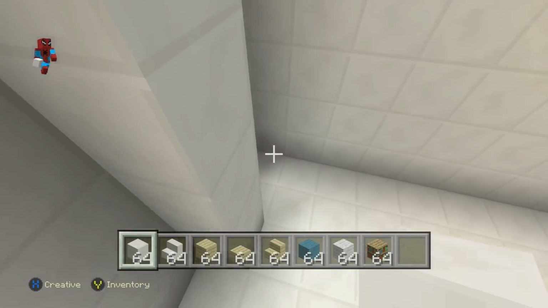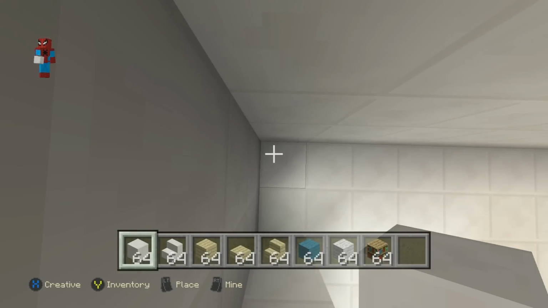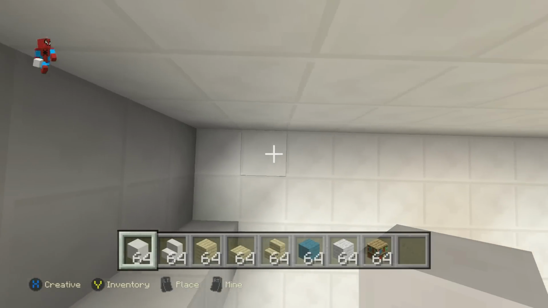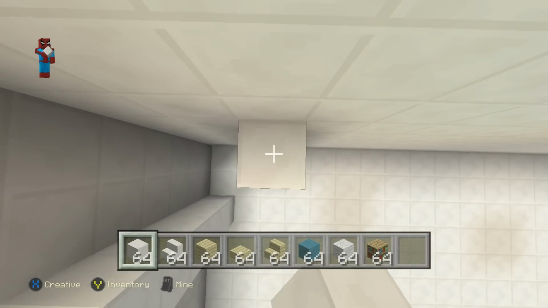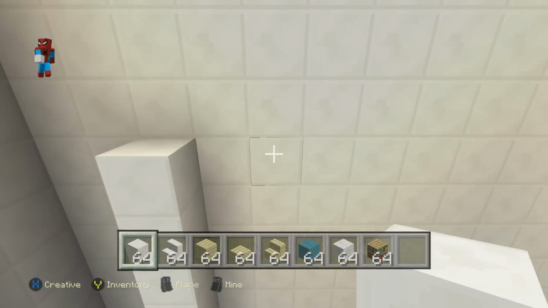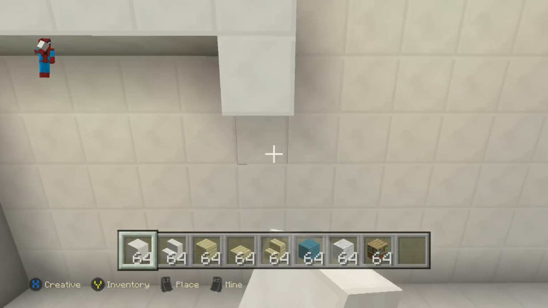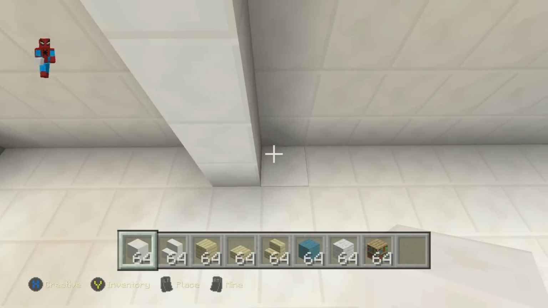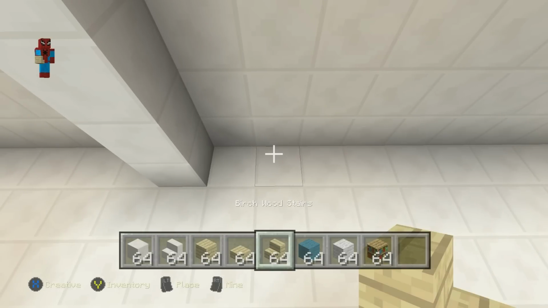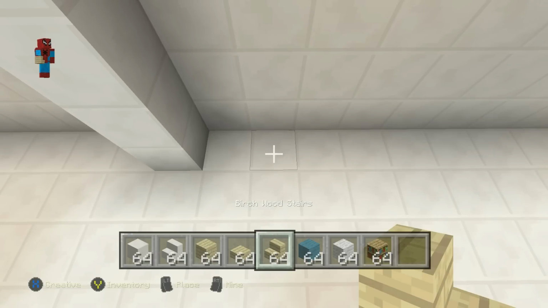And then moving onto the back wall here and leaving a space of 2 on the ground. So from this back corner, we want to leave a space of 2, so that'll be 1, 2. On top of this 3rd block, we want to do a row of 6 quartz coming up from the ground. That's 1, 2, 3, 4, 5, 6, and then going right of this 6th block, do another row of 6. Then connect that all the way down to the ground. Now, on the ground, we want to leave a space of 1, and then we want to place a row of regular facing birchwood stairs, and we want to do a row of 9.